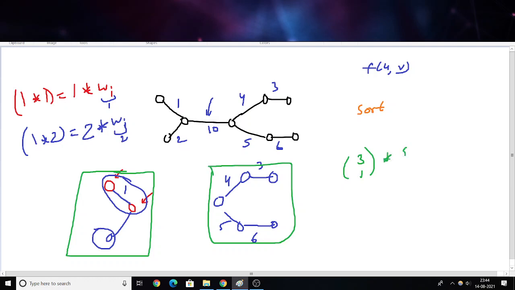So 3 choose 1 multiplied with 5 choose 1, which is 15. So the contribution of this edge is going to be 15. We multiply 15 with the weight of this edge, 10, and add 150 to our answer. And then after that we connect them, and then we look for the next edge.